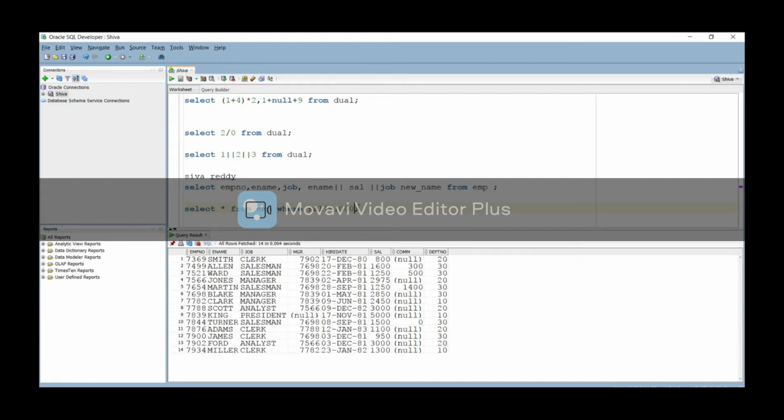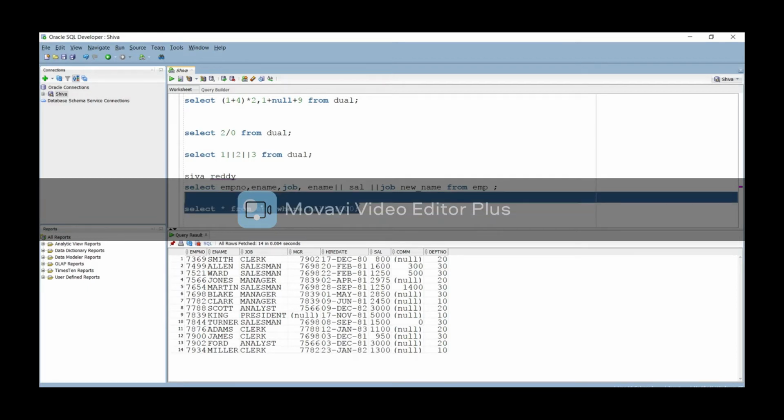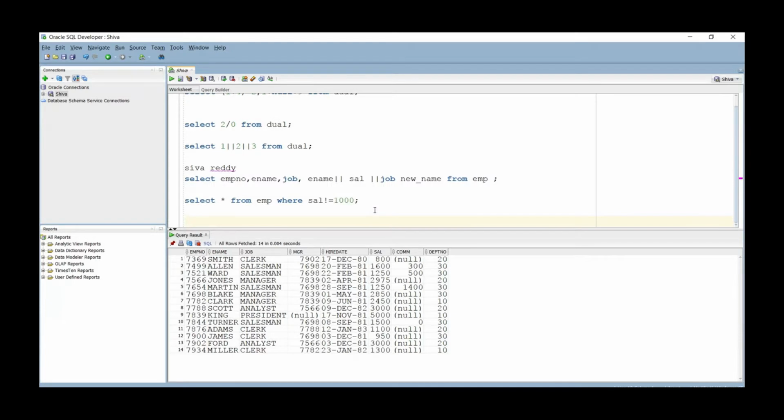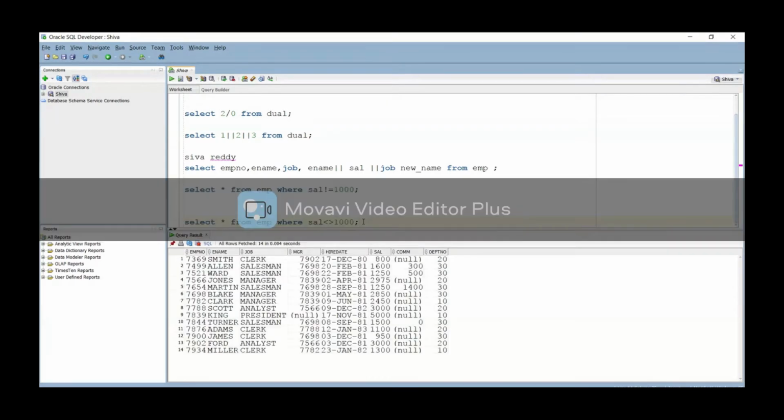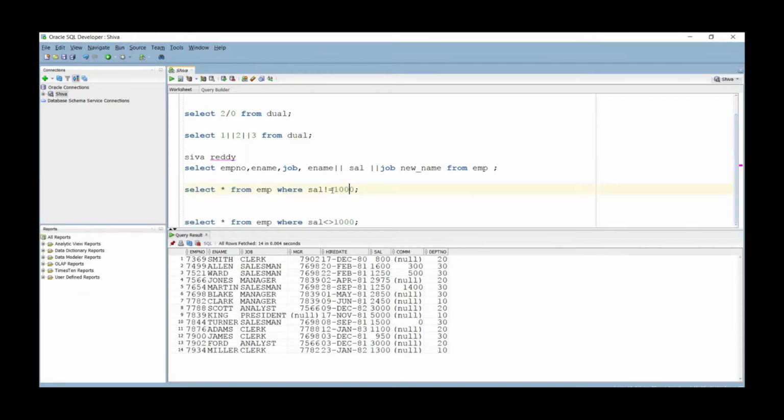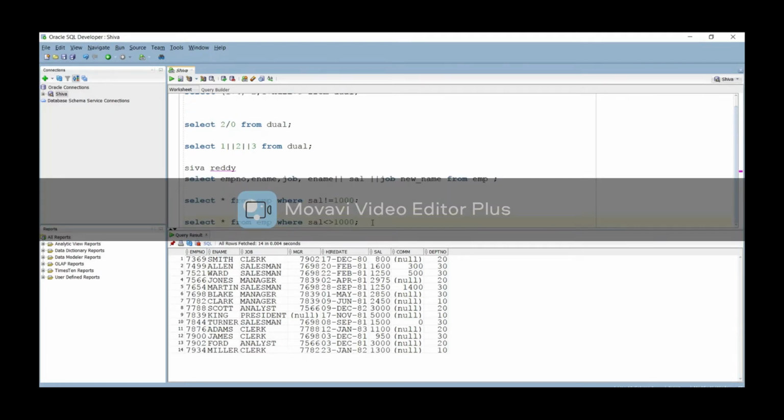So we can use not equal to in two ways. Using exclamation mark with the equal, or else you can mention greater than or less than, or equal to two times. This is also not equal to. Okay, see, you are getting the 14 records here. Here also you are getting the 14 records. So not equal to we can write in two ways: exclamation with equal, or less than or greater than together. That will work as a comparison operator.